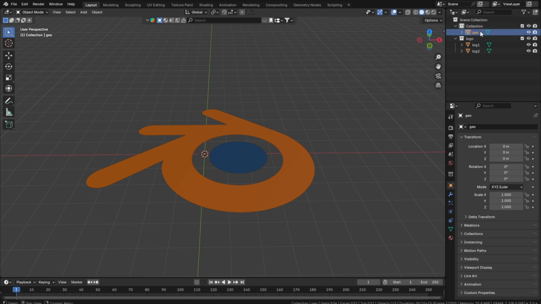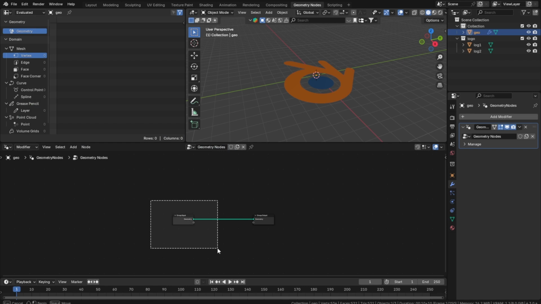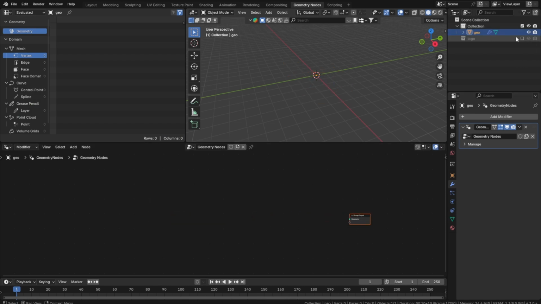Let's call it Geo. Go to the Geometry Nodes tab. Add a new Geometry Nodes modifier. Delete the input. And hide the logo and import it. You can pin this. First, let's rename it to